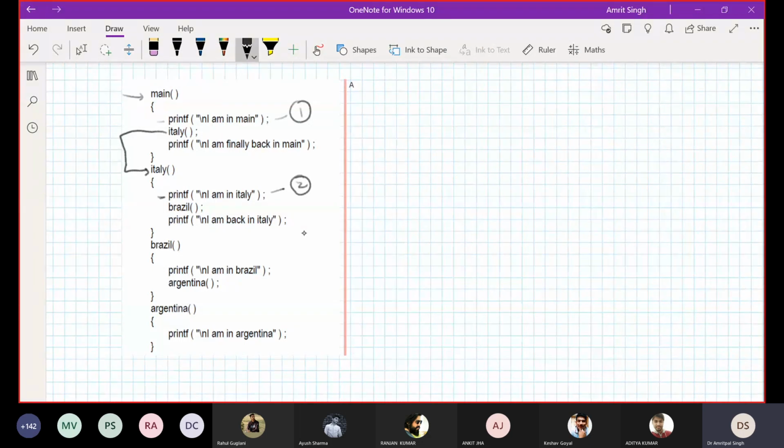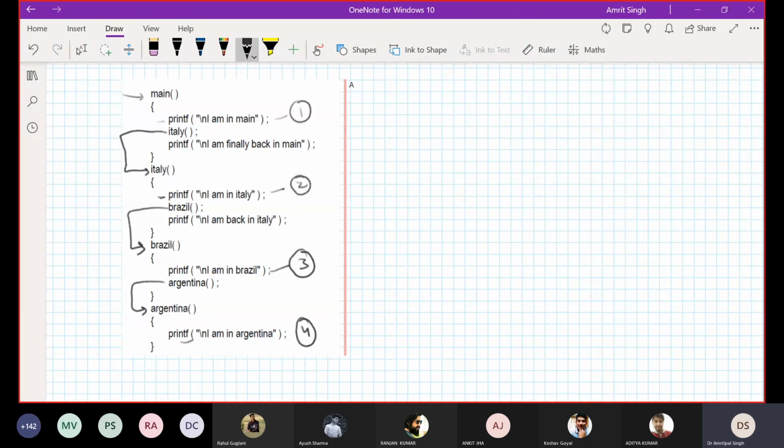Again, from the second function we have called some other function. Yes, that is allowed. Now control is transferred to the third function. Again, from Brazil, you have called Argentina, and in Argentina you are going to print I am in Argentina. That is the 4th output.